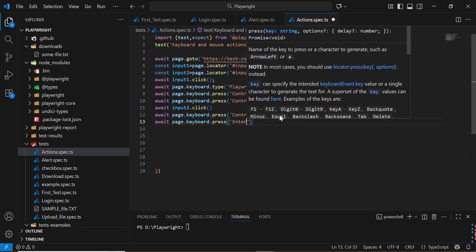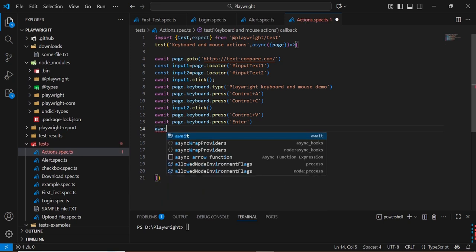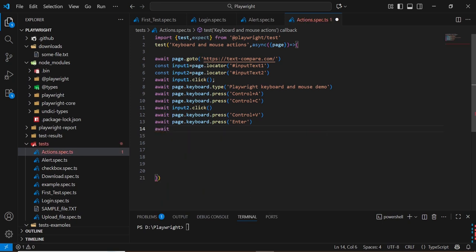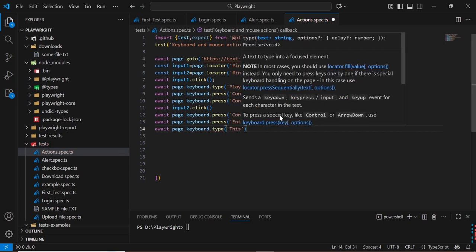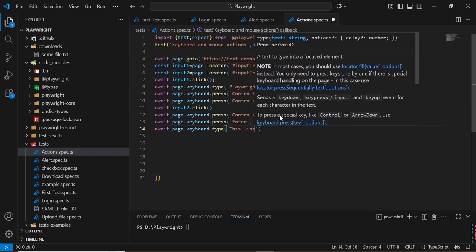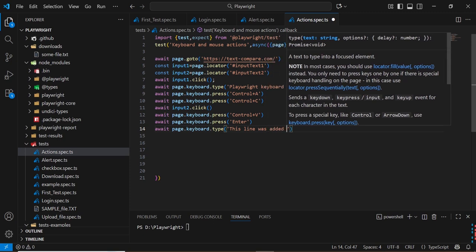First press the Enter key and then write the text on the next line: await page.keyboard.type text, This line was added after